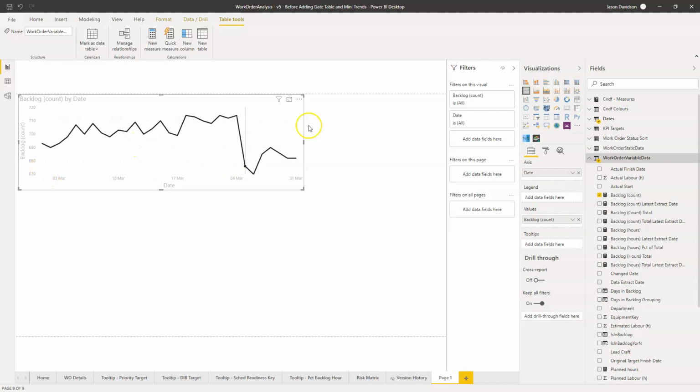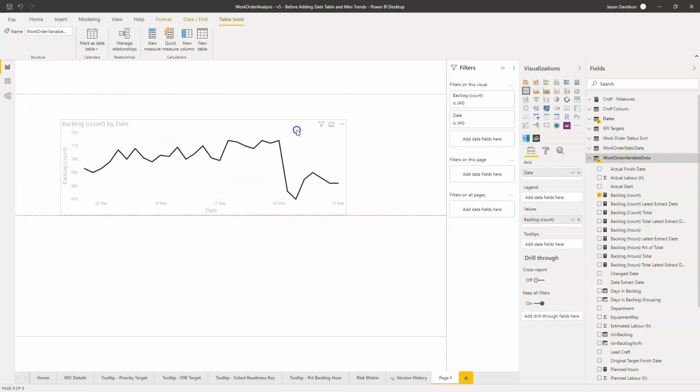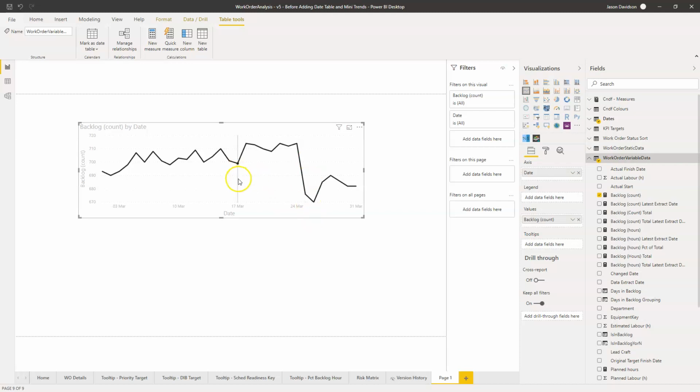Okay, and we can see that that's created a date range. Now we've only got a month's worth of data here, so we don't need to put any filters on it, and we've created this. So that's just got the table, the trend here. Now I want to create a mini trend, because we don't really need to know for the application